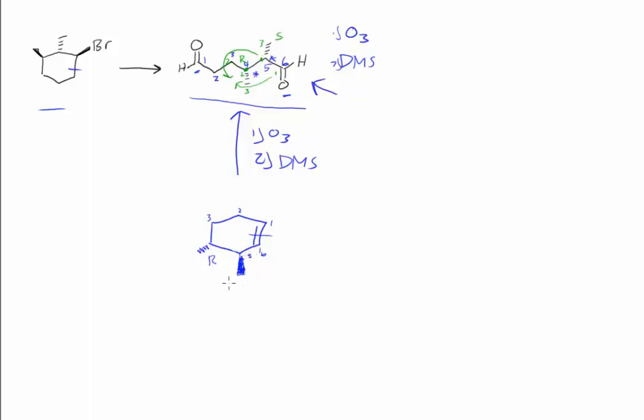I was able to determine, using detective skills, if you want to think about it that way, the identity of this alkene based on the fact that our desired product had the 2 carbonyls on it. And the only way I know how to make carbonyls right now is to cut alkenes in half. So I needed an alkene, and most likely I had a 6-carbon ring with an alkene in it, and so that's right here. And if I want to flip this, I think if I flip it around this line,